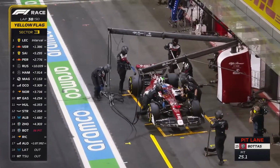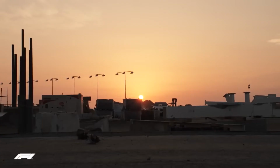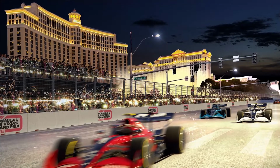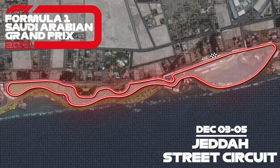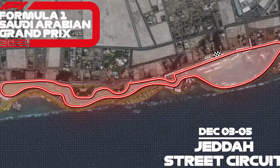You see, folks, the temperature dynamics change during night races. As the sun sets and the temperature drops, the track conditions can change, influencing tire grip and the overall performance of the vehicles. The Saudi Arabia circuit's design considers these temperature dynamics, and this adds a good dose of challenges